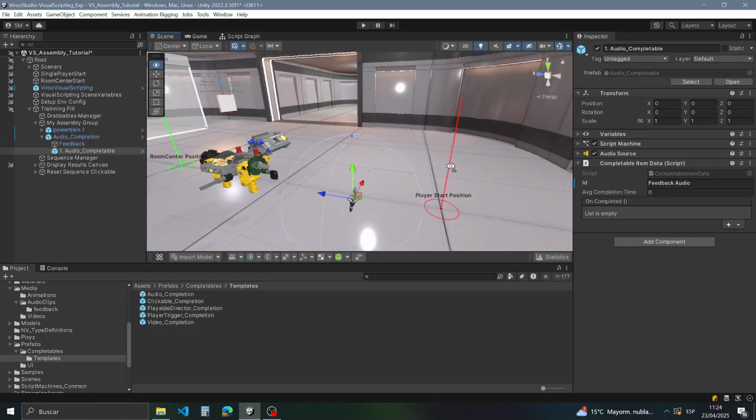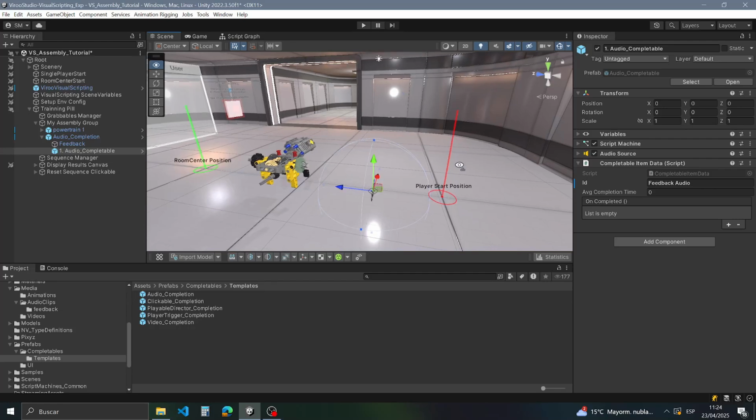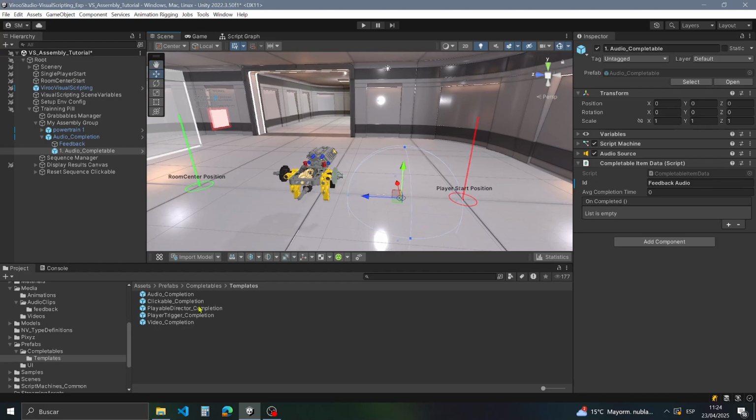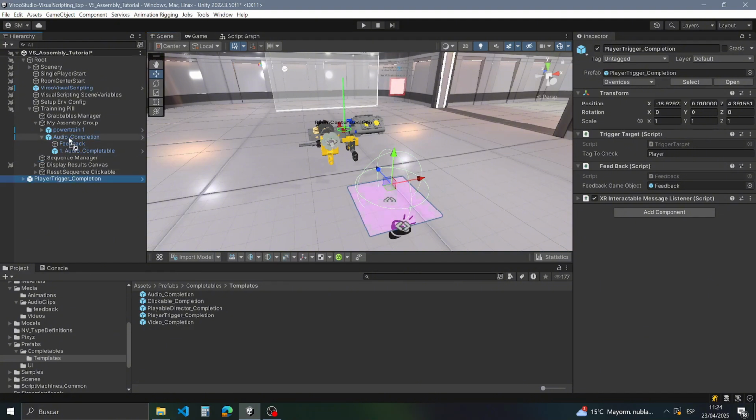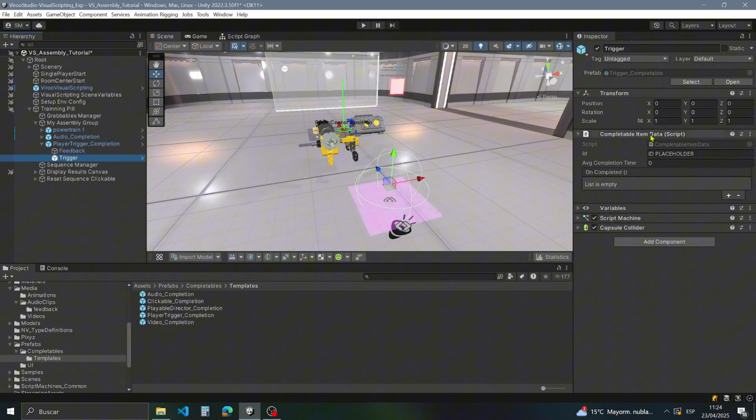One thing that I'm going to do, for instance, is to set a position where the user needs to enter. That's a player trigger completion. If I drag and drop this thing here, okay, I'm going to move it inside as well. I'm going to sort them that way. Then here we have another completable item data, player position, let's say start position,